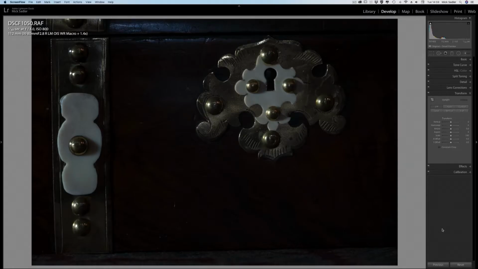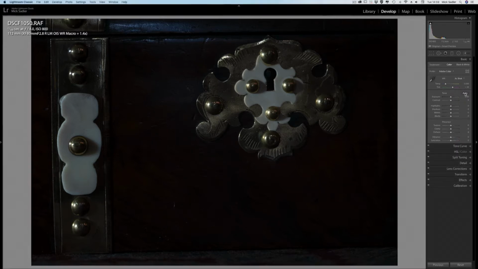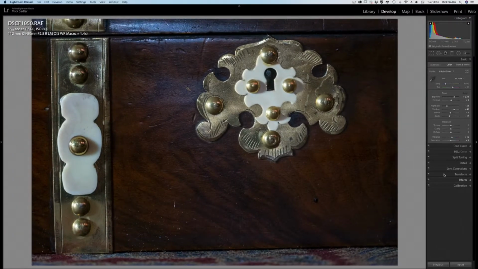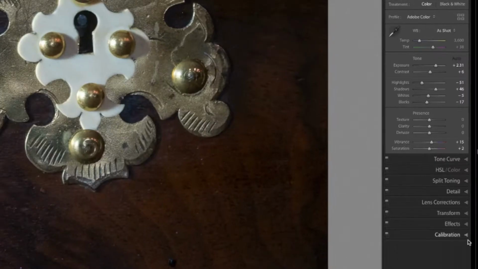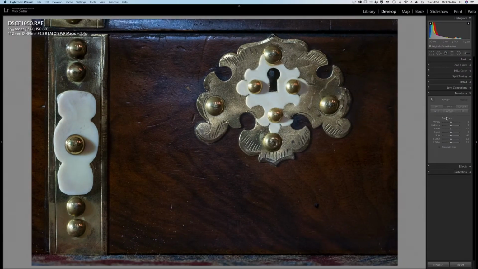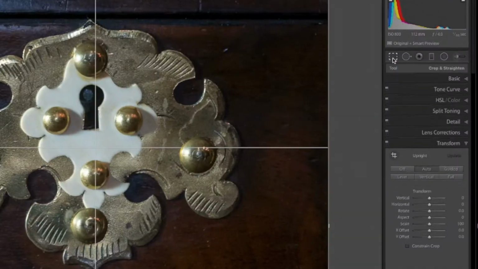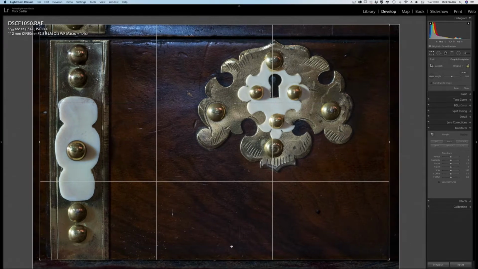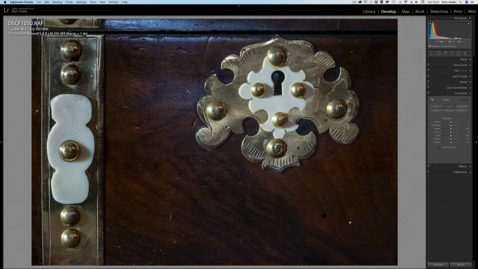I'm going to take this really overexposed image and try and turn it into something much better. First of all, we're going over to the develop module, and we're going to do auto exposure, and that sort of evens up the exposure a little bit. And then we're going down to the transform tool and do auto to try and straighten this up, which it has. We're going to do a bit of cropping. We're going to crop this bit off the bottom. I don't really like that. And double click that. And the only other thing I'm going to do now, I'm going to try and bring this white up and this